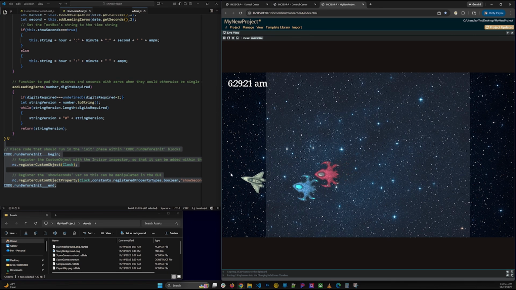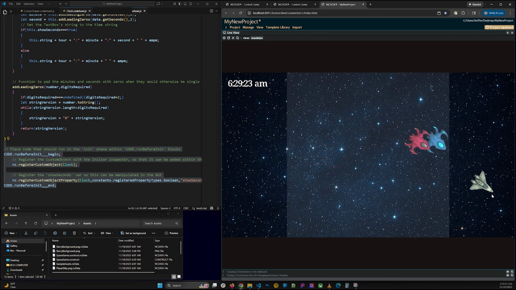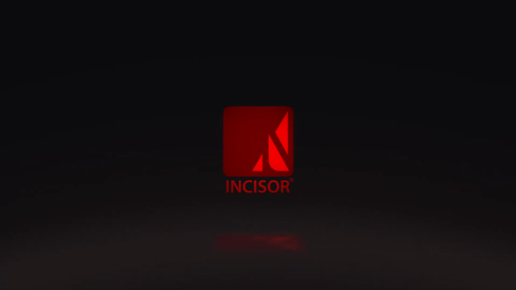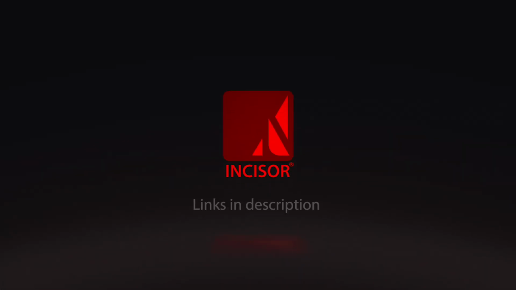You can also see a practical example of custom objects in use in the Incisor slot template, which defines a symbol custom object used by the reels in the slot game. To download the Incisor slot template, visit